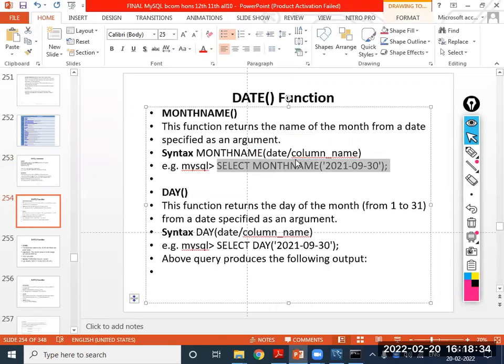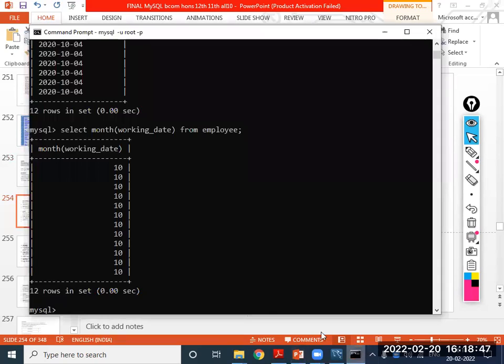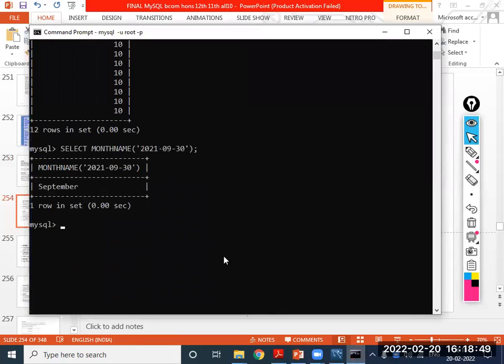And in date format, we can use date or column name. Date is existing, we can write any date, and for column name we can write any existing table column name. It will display September. Now the same thing we can apply.